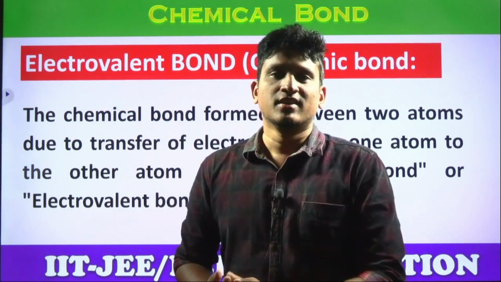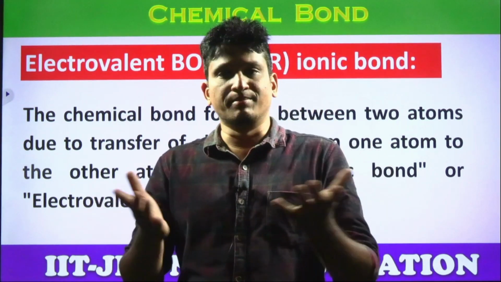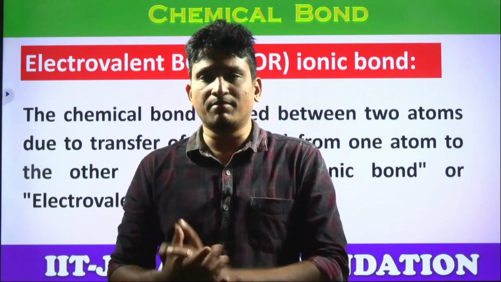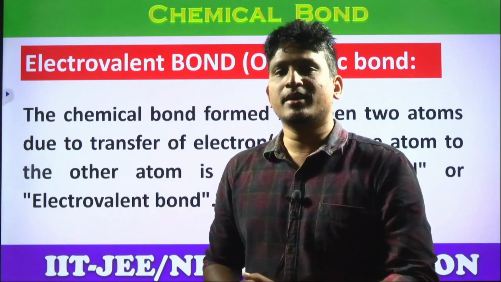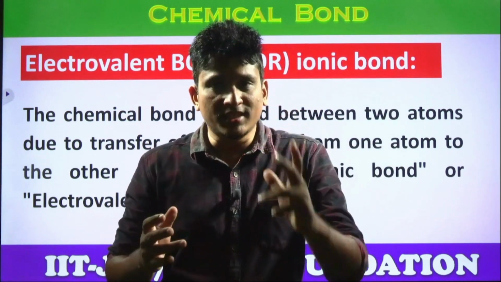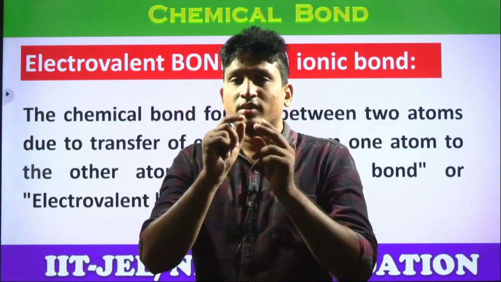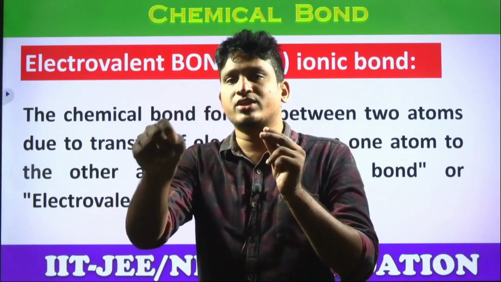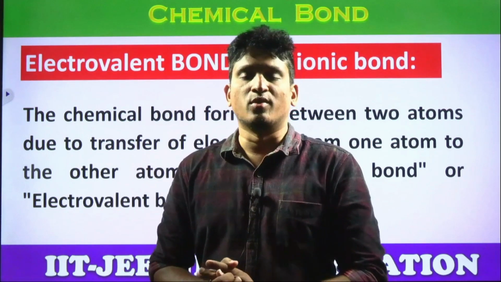So the bond between the ions means which ions? Is it between the same ions? Do same ions combine? Do positive ions combine? No. Do negative ions combine? No, they repel each other. Then which ions combine? Positive always combines with negative. Why? Because positive shows electrostatic attraction towards negative. That attraction is called ionic bonding.